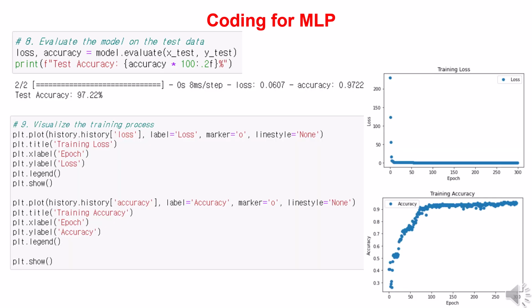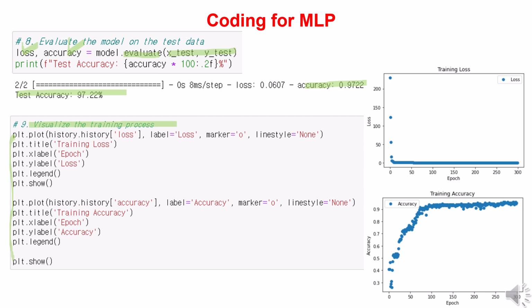After the training is complete, we evaluate the model's performance using the test data. By using the evaluate function, we can get the loss and accuracy. The accuracy we get is 0.9722, which means the model achieved 97.22% accuracy. Additionally, using the matplotlib library, we can visualize the changes in loss and accuracy over the course of